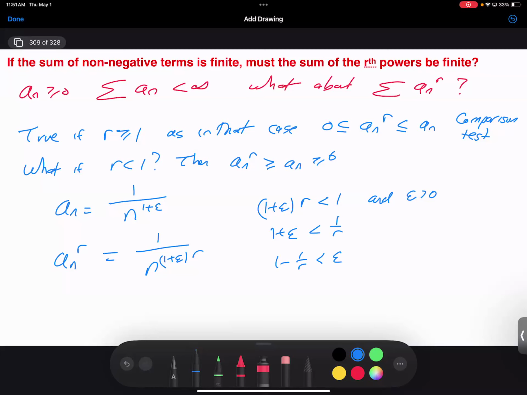So if epsilon is positive, then that sum is going to converge. But now if r is less than 1, I can make this exponent less than 1. So I divide both sides by r. Oh, there's a negative epsilon here. All right, there we go. Now things are good. So now when I multiply through by -1, I get epsilon is greater than 1 over r minus 1, which is going to be